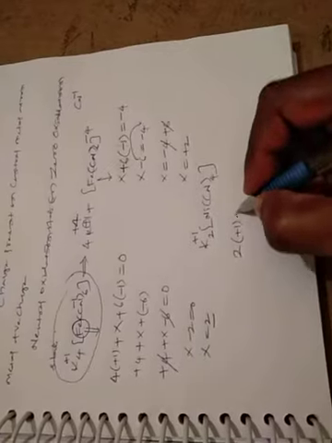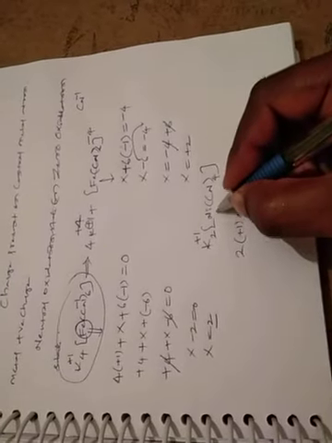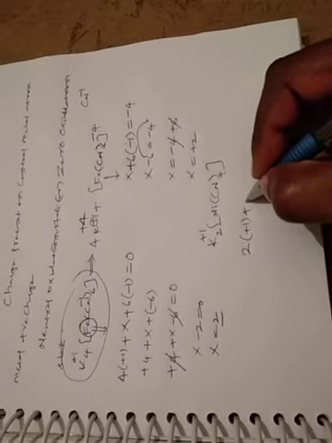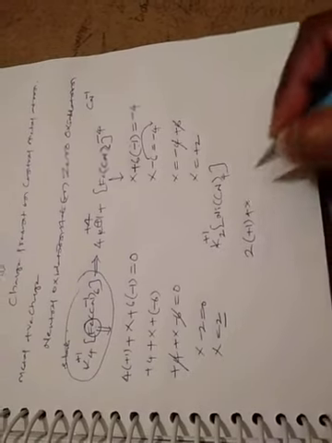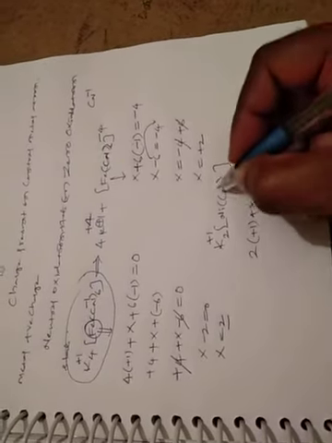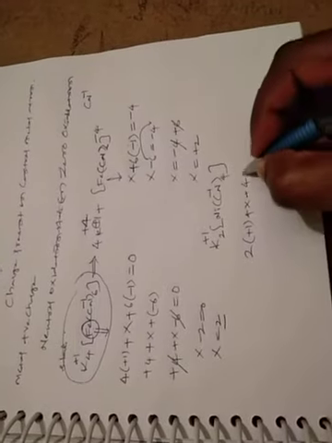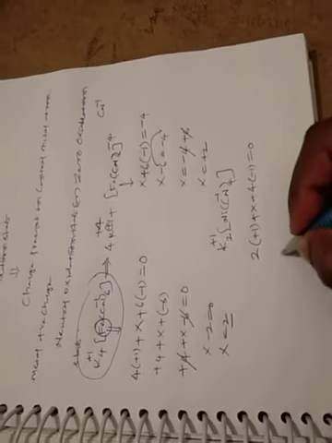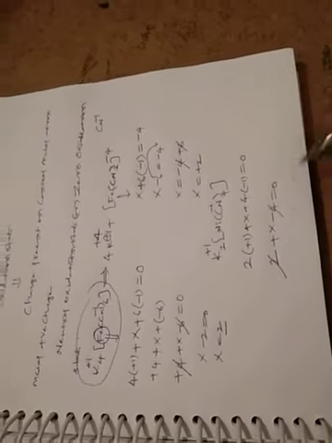So 2 into +1, plus nickel, which should be considered as x. Cyanide will have -1 charge, so 4 into -1, is equal to 0. So 2 + x - 4 = 0. +2 and -2 cancel, x - 2 = 0, so x is equal to 2. If you bring the -2 to the right side, it will be +2. And one more example we will see.